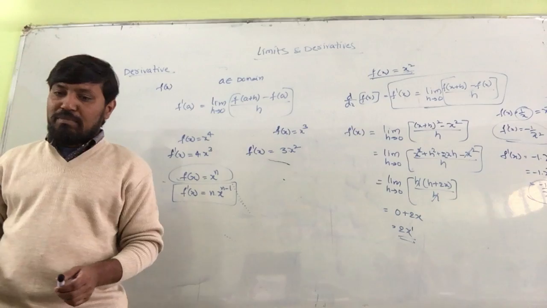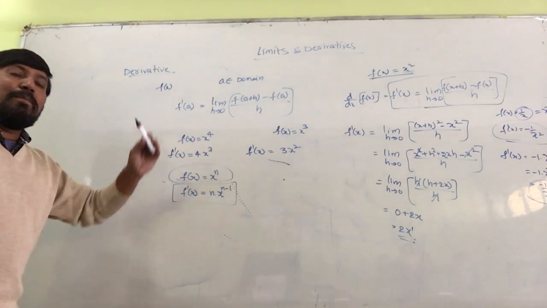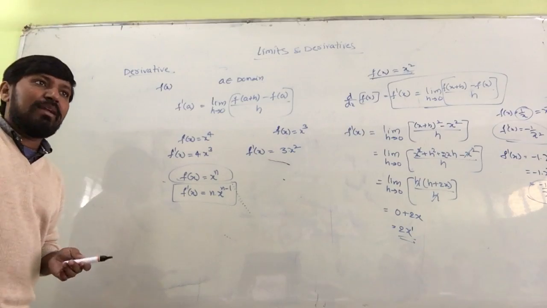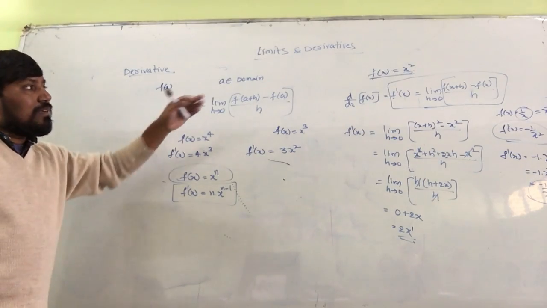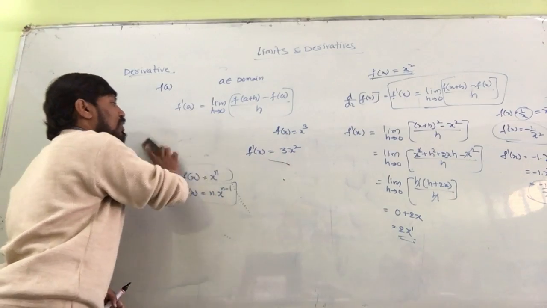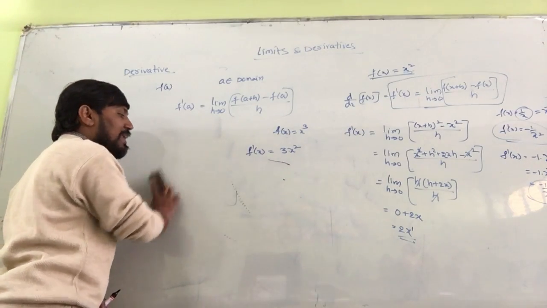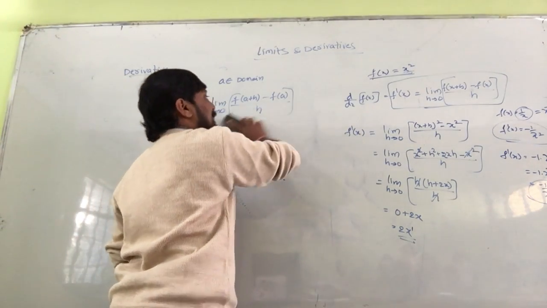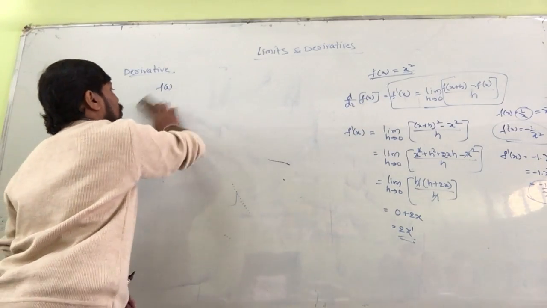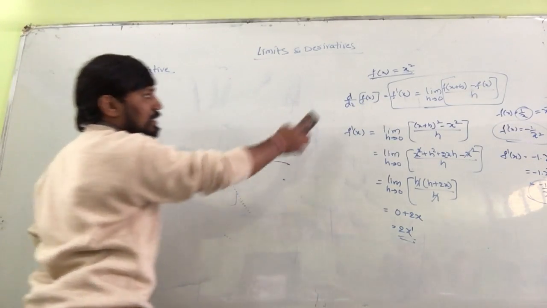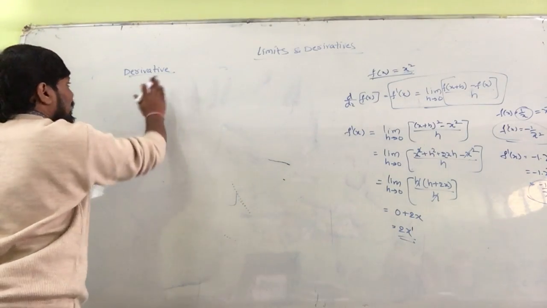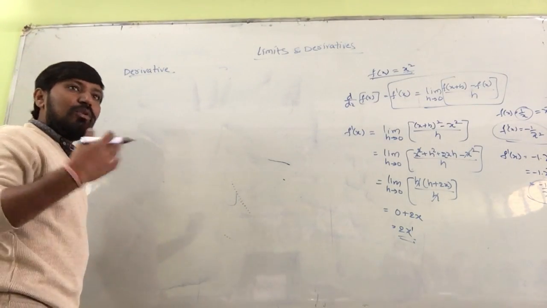Even with the help of this, the derivatives of the main standard functions, the trigonometric functions, we have already learned trigonometry. So using the first principle only, d by dx of sin x is equal to cos x, and d by dx of cos x is equal to minus sin x. You are going to get all of these with the help of this first principle. So these are the main standard formulas in derivatives, and you need to remember them.